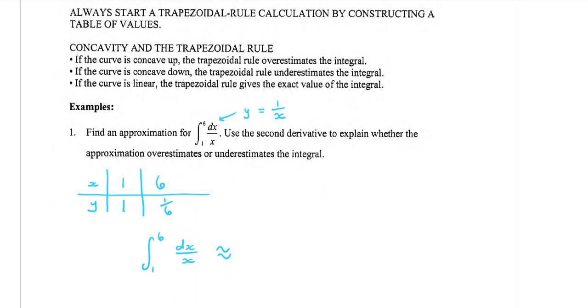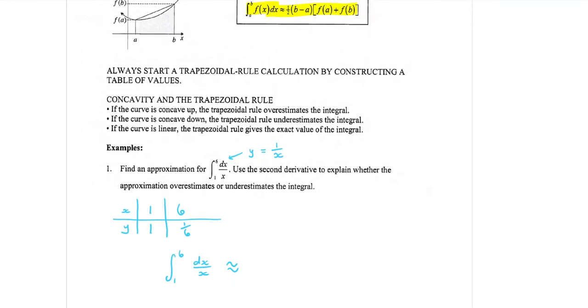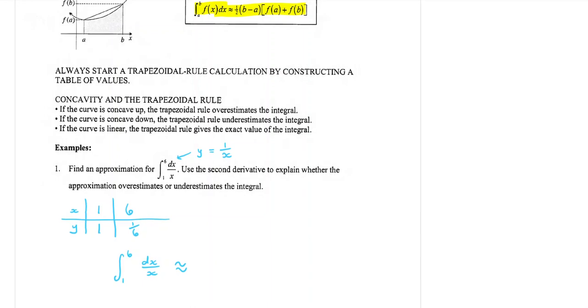Now the formula, maybe I should shrink this down so I can see it, is up there in the yellow. It is half bracket b minus a. What is the b and the a? They are the numbers from your integral sign. So b is the top number, a is the bottom one. So it's 6 take away 1,